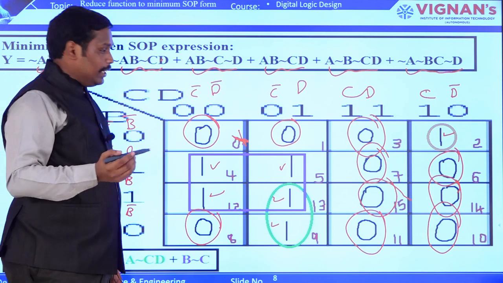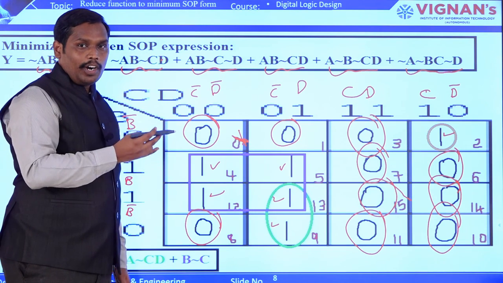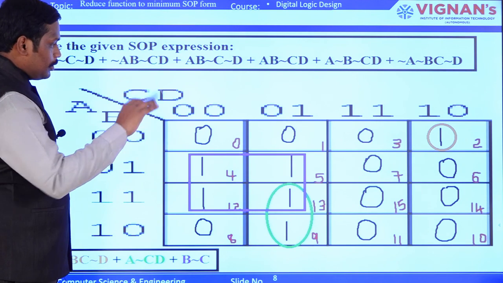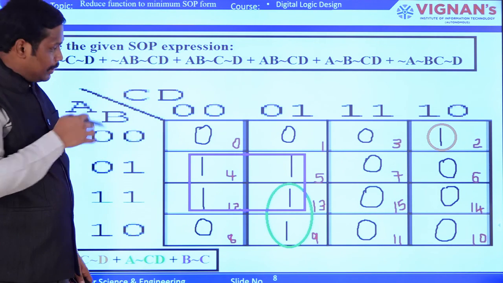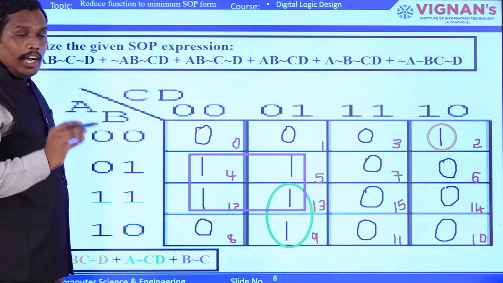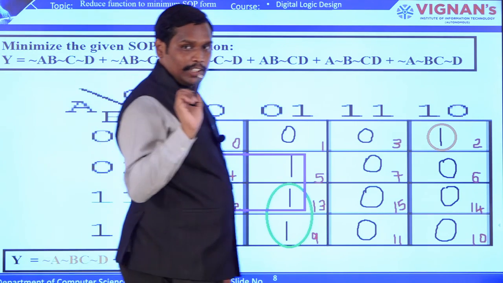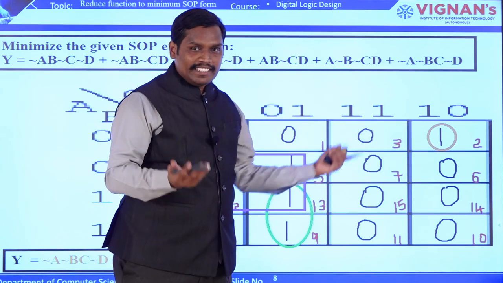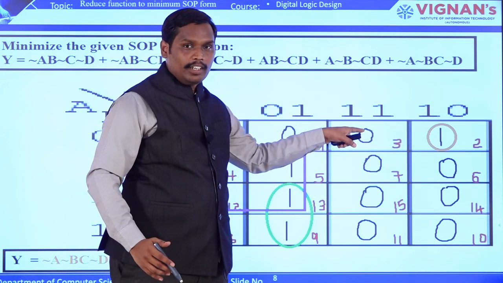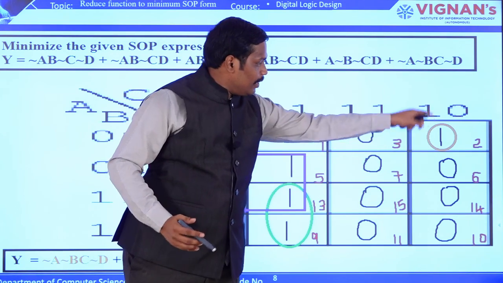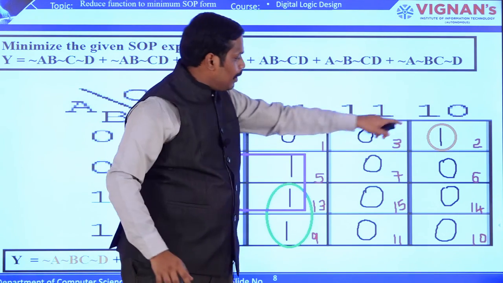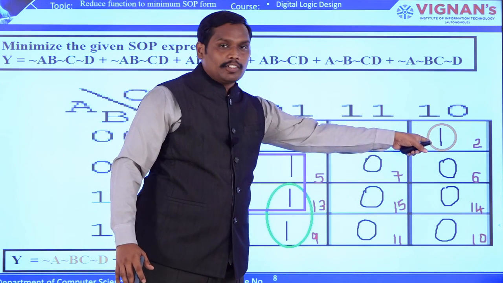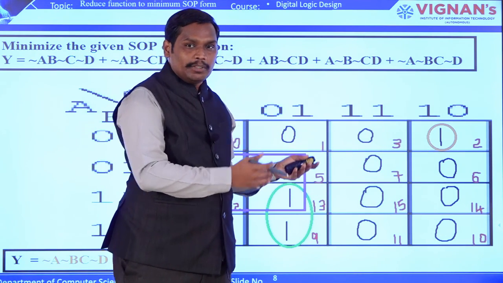Now you have to form the pairs. Pair or quad, that is grouping of ones. Now since the Karnaugh map is mapped with all ones, we are going to check how many. First step is isolated one. So isolated one means you can see this particular one is not having any adjacent one, horizontally or vertically. Even if you overlap the Karnaugh map, if there is a one there, then it can have an adjacent one.